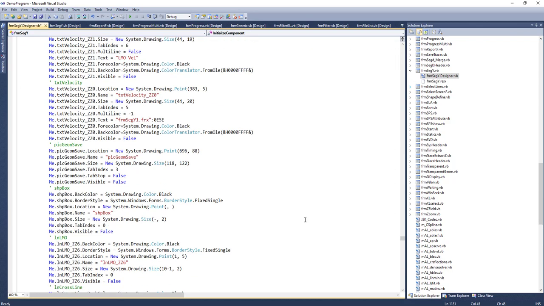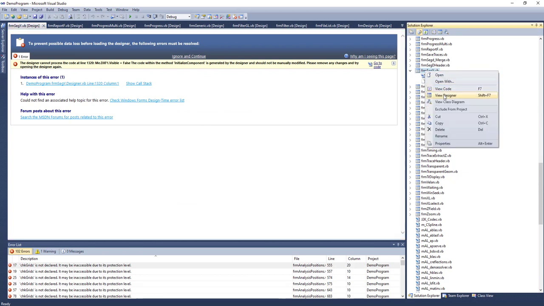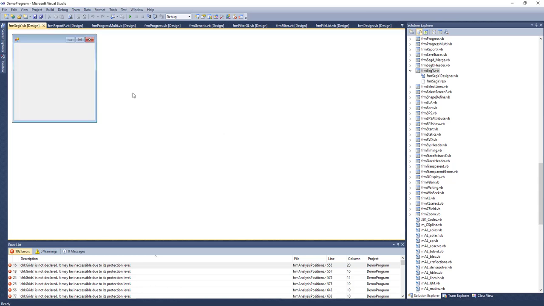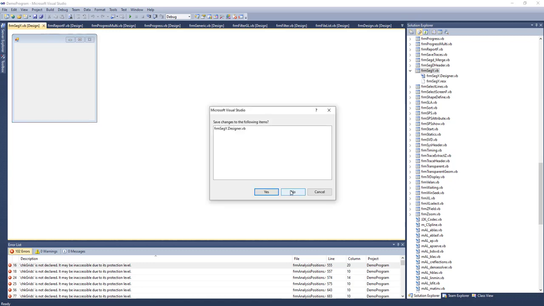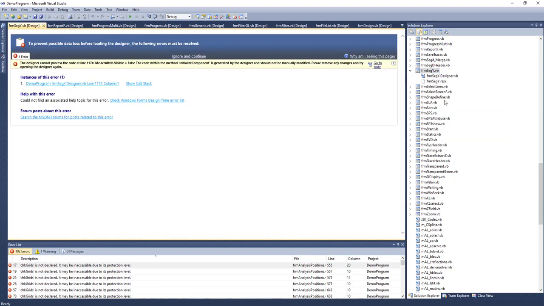So if we close this and we go back here and say view the designer, of course it's saying, hey, you can't see it. If you say ignore and continue, there's a very good chance that it'll be blank. It is blank. But that doesn't mean that there wasn't anything in this file. We don't want to save this right now. We go back here, right click, choose view designer. This comes up again. Like I said, if we go into the code, we're actually looking in this file here,